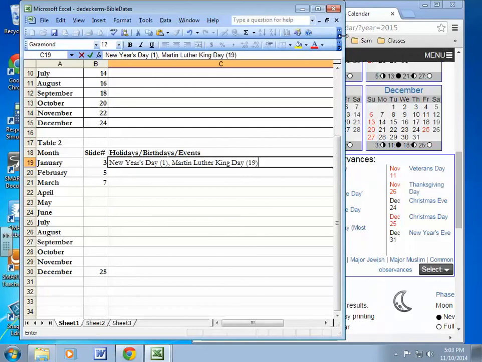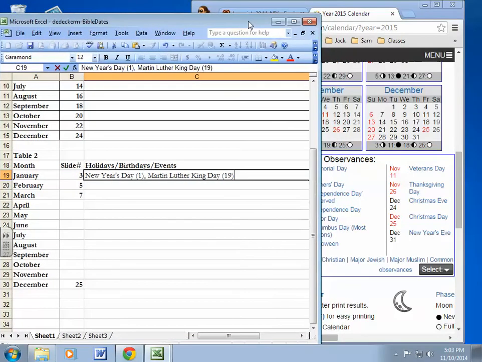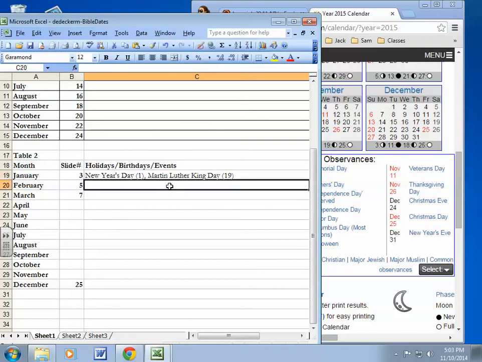I've had students who did the wrong year and then they had to redo their whole calendar. So make sure you're in the right year. And then once you get all of those dates transferred over here, you just type them out. Then you'll be pretty set. And then after you're done with getting all those dates, then you can go ahead and enter your birthdays as in step number